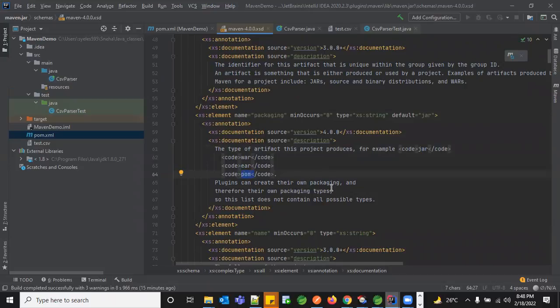If you go for microservice architecture, within one package you'll have something like 100 projects. The main project will have it as a jar, and internal projects will have it as POM. So all your internal projects are just POM files. All the multiple POMs together will be added to your parent project, and there your jar file will be created. So there are multiple ways you can create your package.